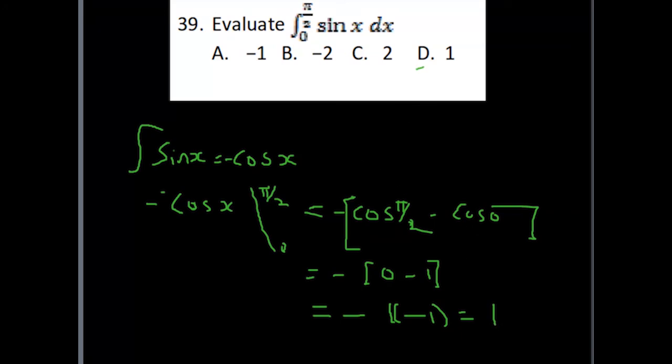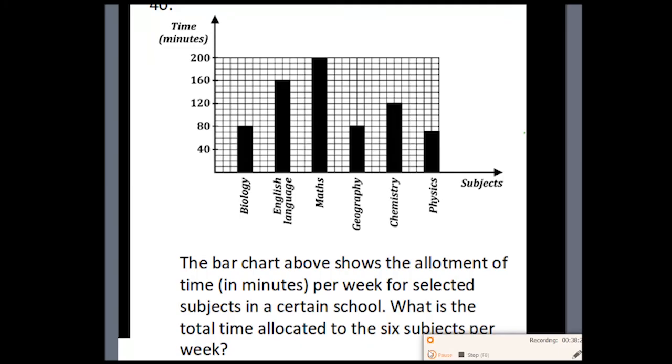So which makes the correct option to be. The question says the bar chart above shows the allotment of time in minutes per week for selected subjects in a certain school. So the total time allocated to each subject: for biology, if we trace it, is 40, plus English language 160, maths reached the peak 200, geography is 80, chemistry is 120, and physics stops at this margin, like 40, 50, 60, 70, plus 70, so that should give us